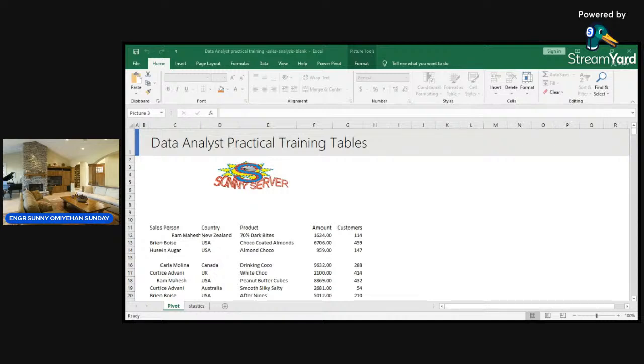So now, as you can see, we talk more about pivot table. At the right now, I want something that is more clear, something that